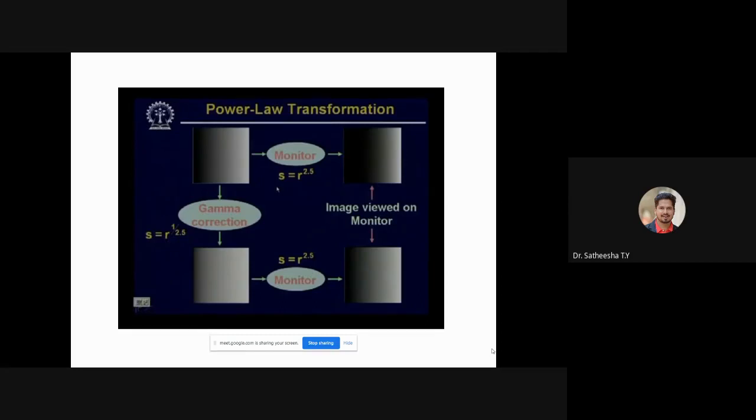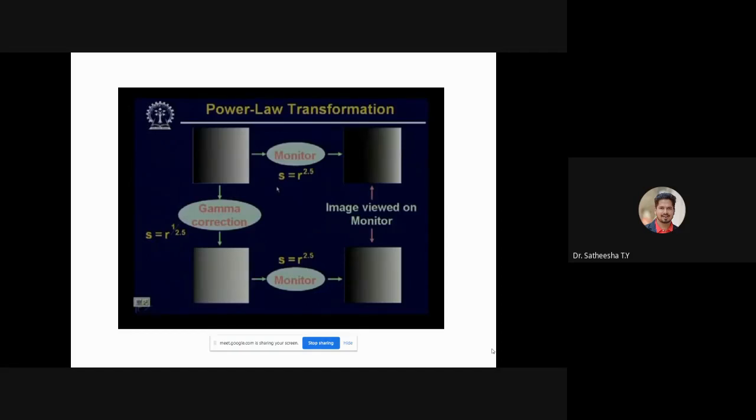Then when this brighter image is given to the CRT display, the monitor will perform its characteristic power law, that is S equals R to the power of 2.5. Because of this, the earlier correction, the gamma correction that we have incorporated, gets nullified, and we get the image. Now we find that the right bottom is the actual image which will be displayed on the CRT screen, and this image now appears almost the same as the original image that we want to display.